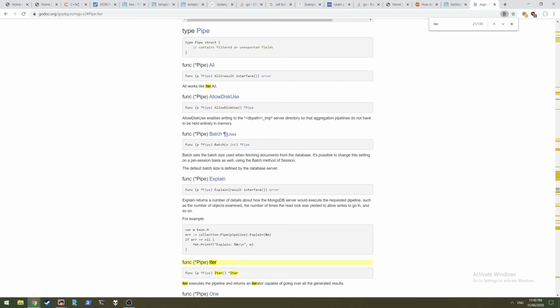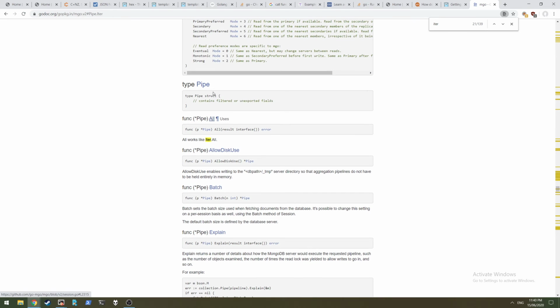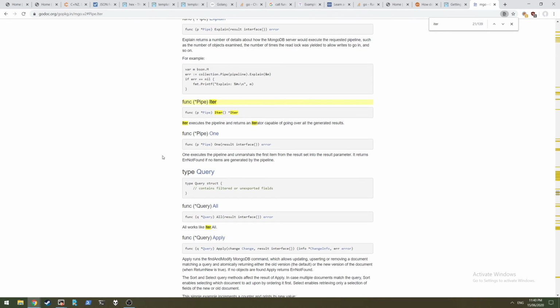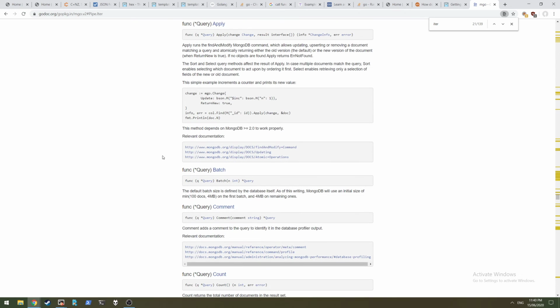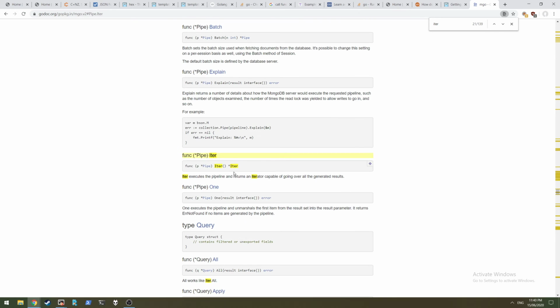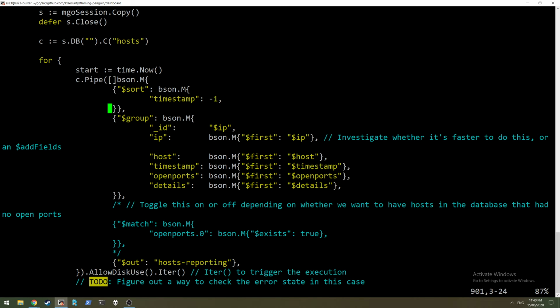Explain, batch, sets the batch size, all. This API is so bad. It doesn't just have an execute and tell me if there's an error. I think our best bet might be to do .1, because .1 will at least give us an error if it couldn't do it. Like, let's say there's some internal limit. MongoDB is probably barfing out on some internal limit. So rather than .iter, let's do